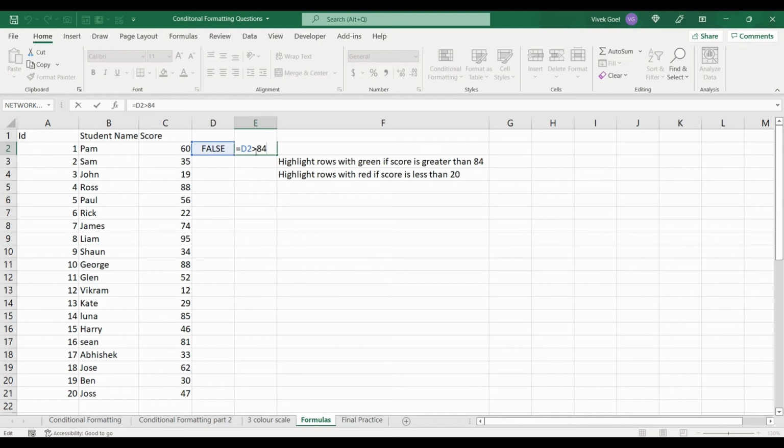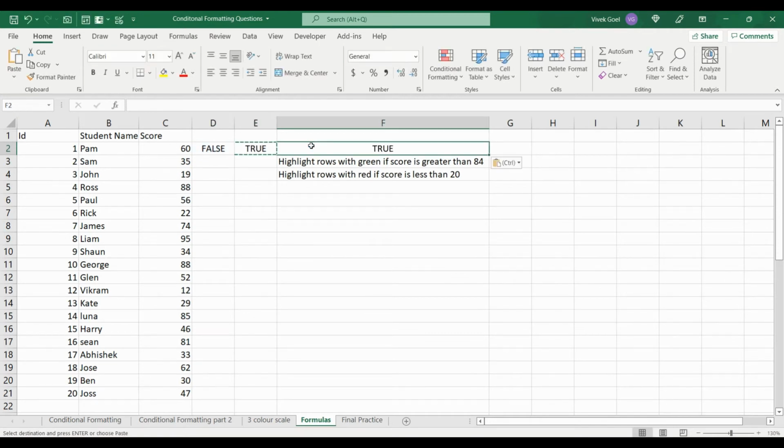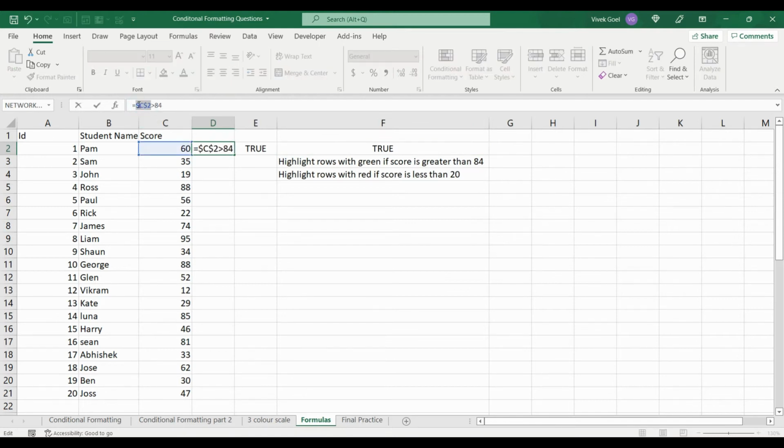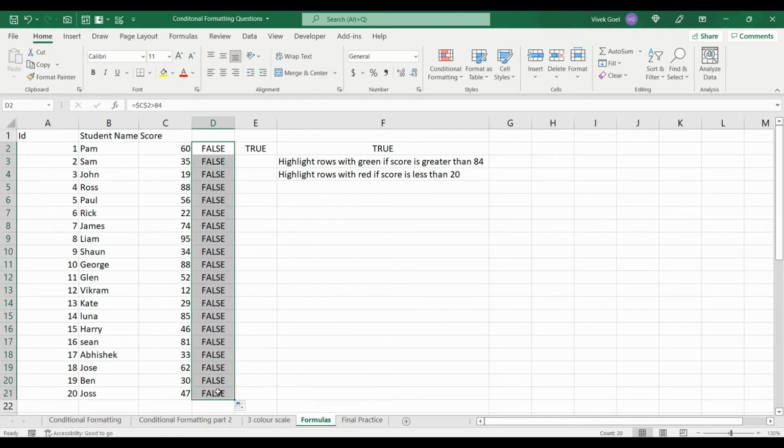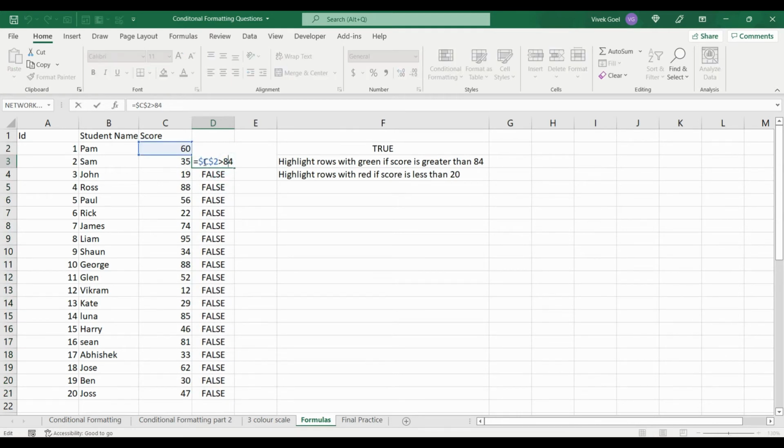For this particular row, it should not matter in which column we are pasting our formula. It should always check if C2 is greater than 84, and for that we have two options. We can either fix our entire cell or we can fix just the column C. If we make this cell absolute and we copy the formula down for the other rows as well, it is still referring C2, while for this row it should ideally be referencing C3.